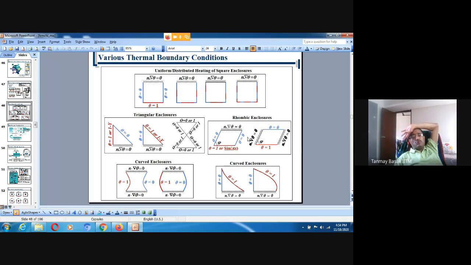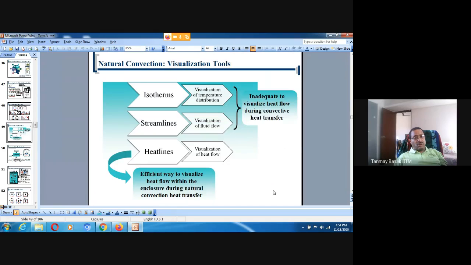So of course we have done enormous calculations of the rhombic enclosures with different boundary conditions. And then we have the curved enclosures. This also has solar heating effects, and we have the convex side and concave side, and also we have a curved enclosure for the triangular cavity. So we introduced